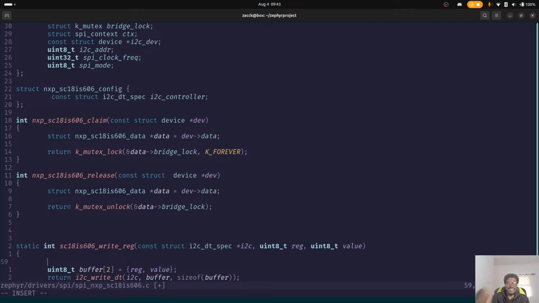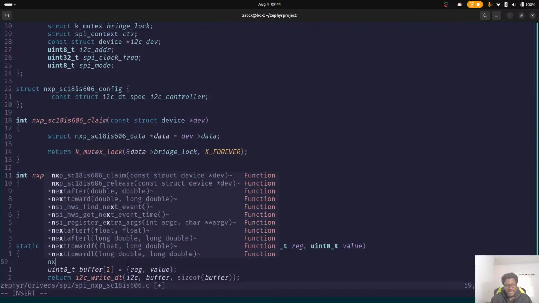What you do is you write a read function, and then the SPI slave, the controlled element on the other side, spits back the data. The only way to read SPI devices is usually to write to them, and then it will give you back the data. And what we want to do here is NXP. So NXP, let's claim the device,